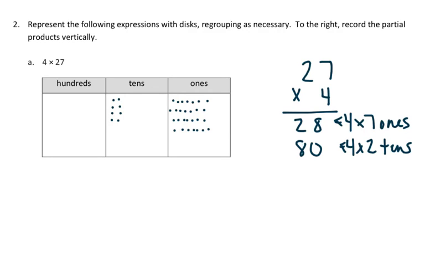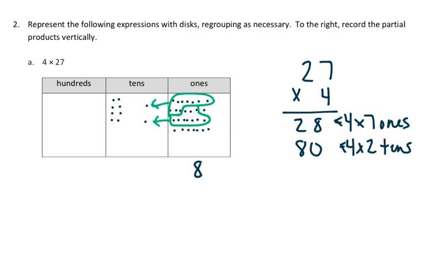So I have to go ahead and regroup my ones here because I have 28. So let's go ahead and do some regrouping. 7, 8, 9, 10. That's one group. Okay, and I have 7, 8, 9, 10. That's 2 groups. Okay, and I have 1, 2, 3, 4, 5, 6, 7, 8 left in my ones place, so I don't